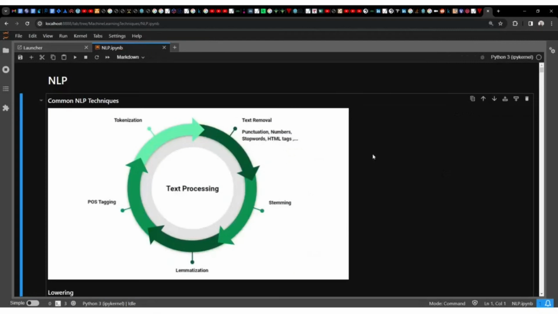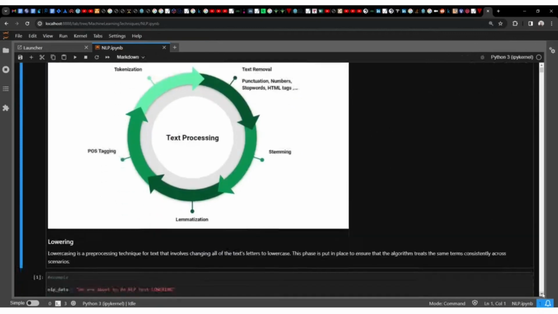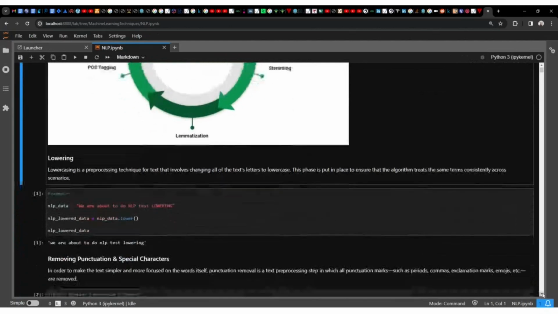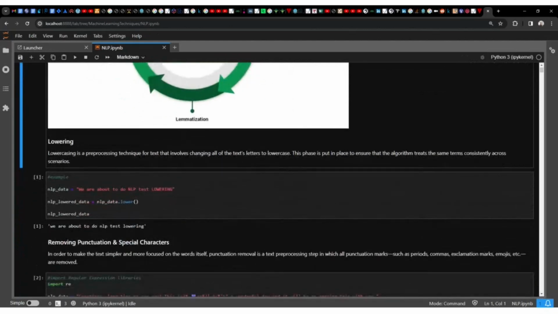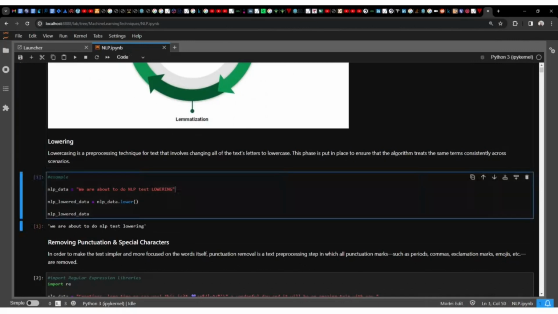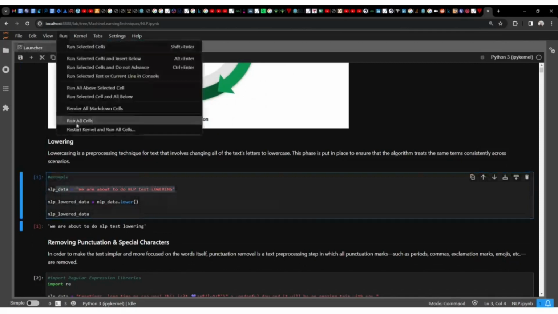So we have already described the cleaning techniques in NLP. So now let's look into examples of that. What do we mean when we are saying that you have to apply lowering or lower casing as a pre-processing technique? We have already explained that whenever you have got words such as We and you have got another we, which is the small letters, these words are different. So to do that, given an example such as that,